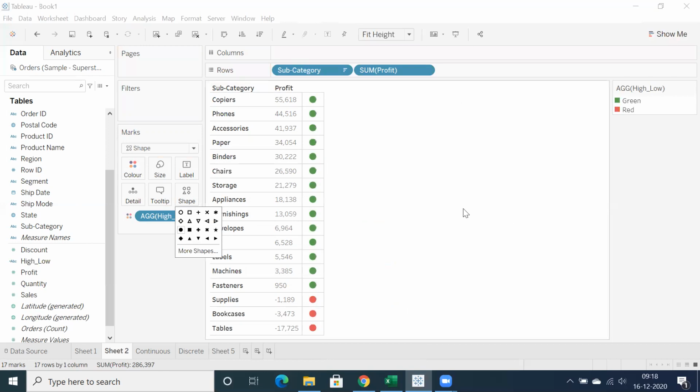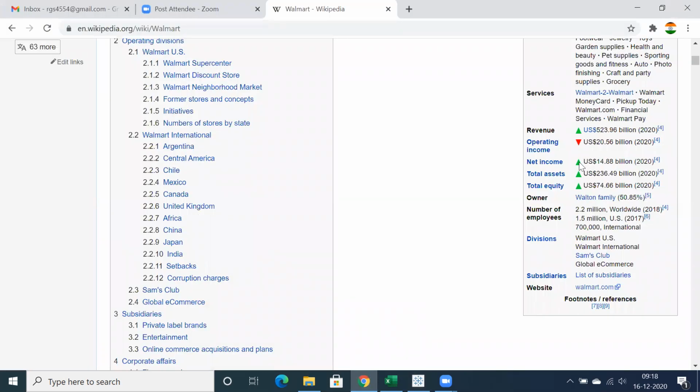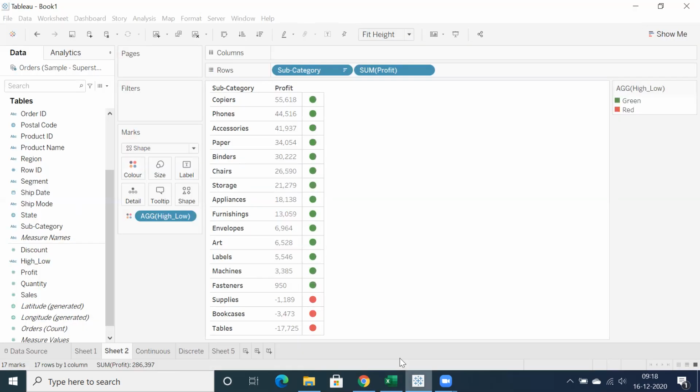Or if you want to showcase something like a traffic light signal, where if greater than 0, I can showcase it in green color, and less than 0, I can showcase it in red color. But my requirement is to showcase different arrows. Go back to shapes. We have the same calculation field, right?